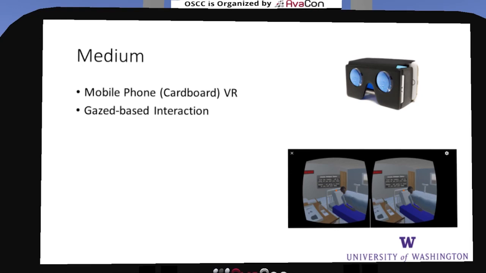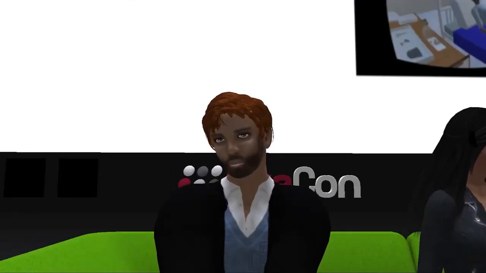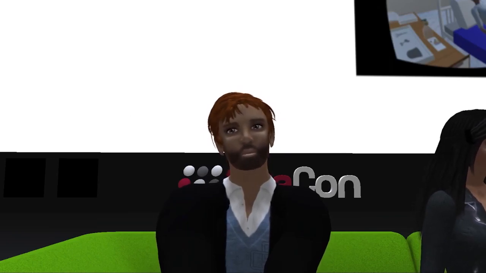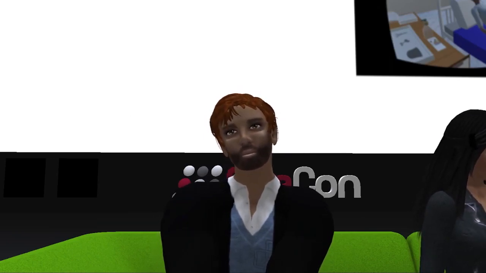But this comes with a big problem for interaction and mechanics for doing this stuff, because there are no controllers, no clickers, no buttons. We can't even count on the possibility of being able to reach the phone in order to tap the screen. So that limited our interactions to exclusively gaze-based, meaning they have to stare at an item or an object for X amount of time in order to click on it.